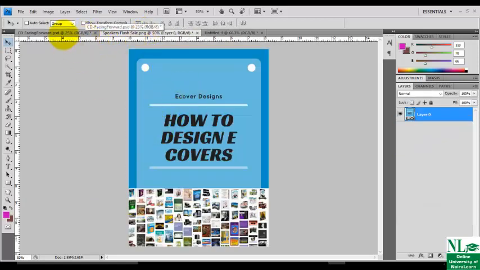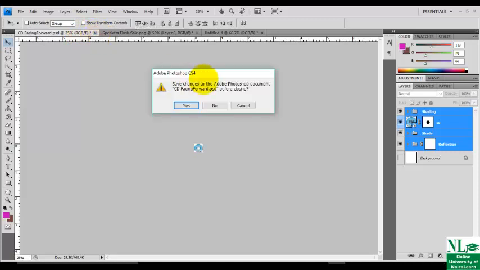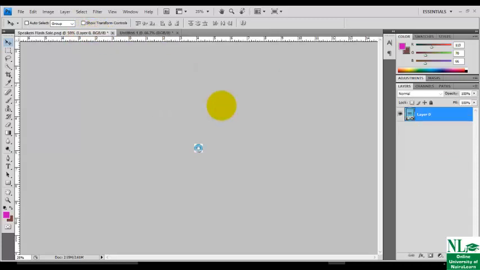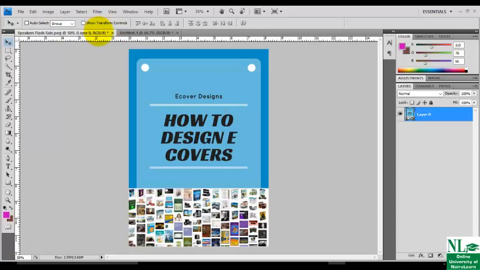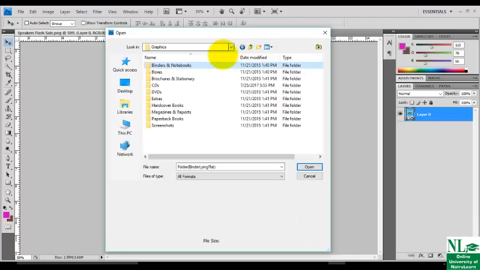Return back here. Always leave your template. You don't need to touch your template. We don't need this product shot profile again. Say no. Now return back to file. I want to import another product shot profile. Let me locate where I have it installed on my system. So this is where I have it.